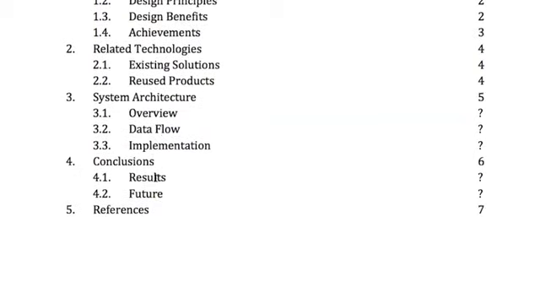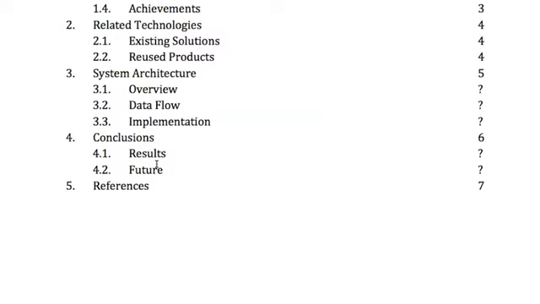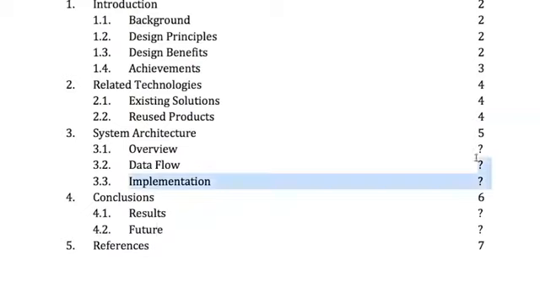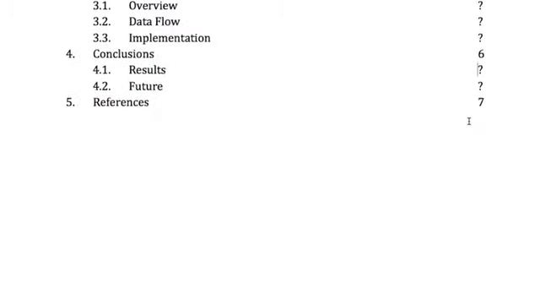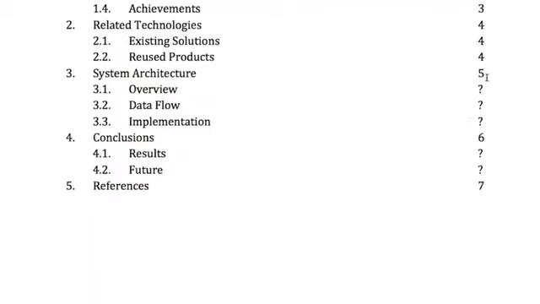Finally, we get to conclusions, where they discuss the results, hopefully in an ethically sound way, where none of the data was fudged or smoothed over, and nicely they add a future section. Now, why are there question marks here? I'm not really sure. This could have been an issue with the PDF conversion or something like that. Or maybe they actually did forget to do this, but even though they might have forgotten to put these page numbers in here, it's not really a question of where they are, because, I mean, there's just, I don't know,